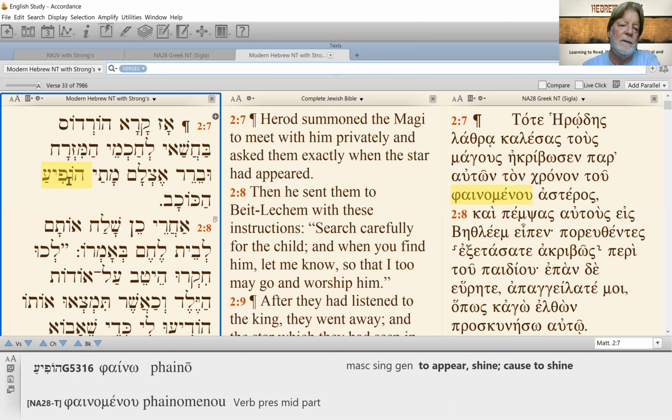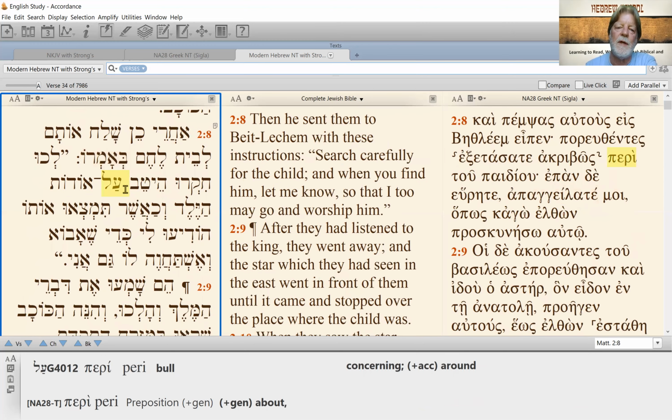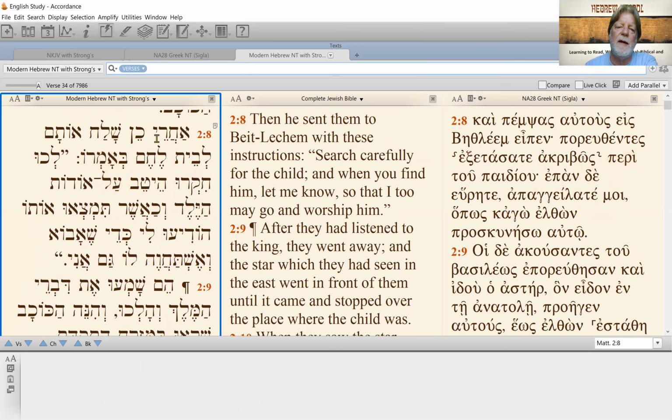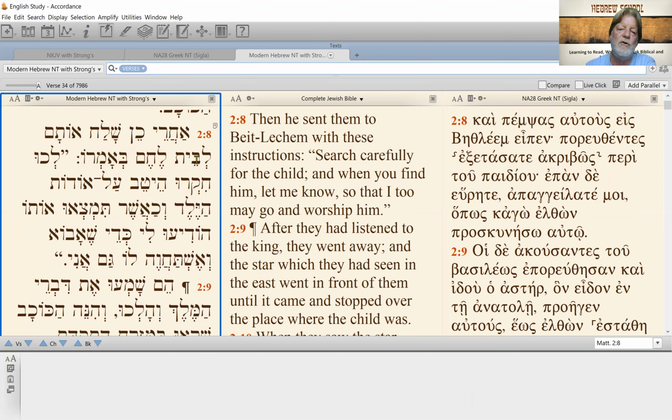Hofia would be like to appear, like when it's a reference to the sunrise or something like that. When the sun appears on the eastern horizon, it's rising, it's shining. Hakokav, the star, not the stars, but the star, this special one. Verse 8, Acharei ken, after that, Shalach, he sent, Otam, he sent them, that would be Herod sent the wise men, La Bethlehem, to Bethlehem,